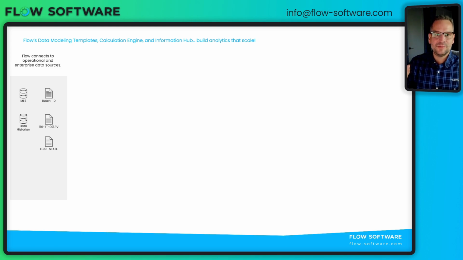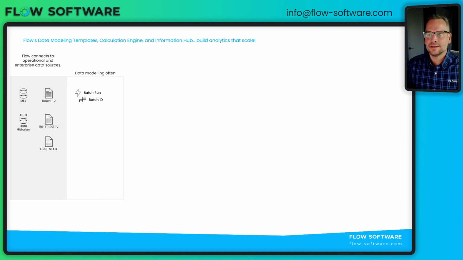If we just think about an MES system and a data historian. Our MES system is likely SQL based. We have a table. The table has a series of properties, one of which might be batch ID. We'd want to collect that batch ID, and we'd probably also want to collect a start and a stop time of that batch. Inside of the historian, we will have a couple sensors that we want to pick up. In this case, a temperature sensor and a machine state tag.